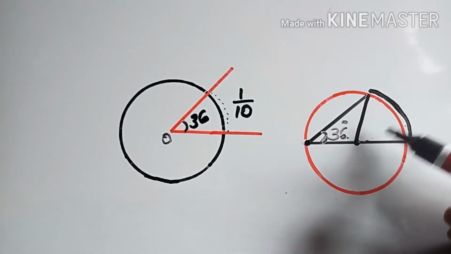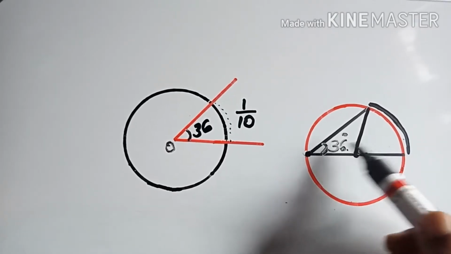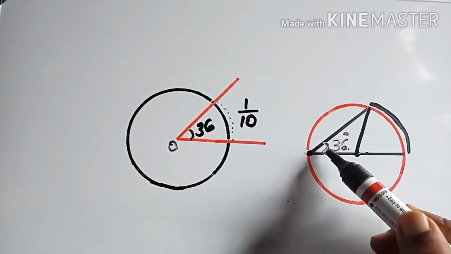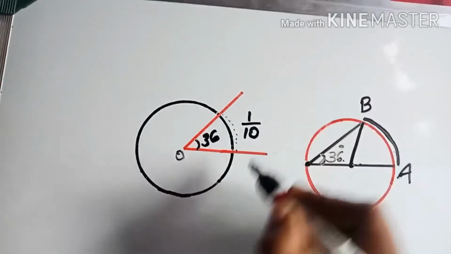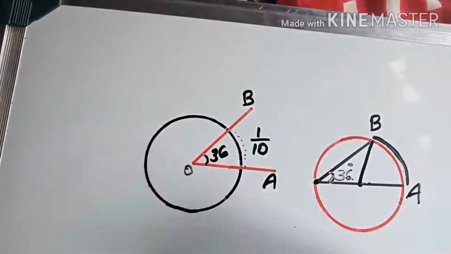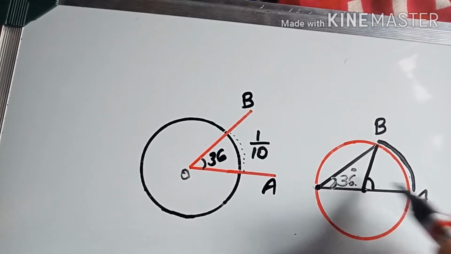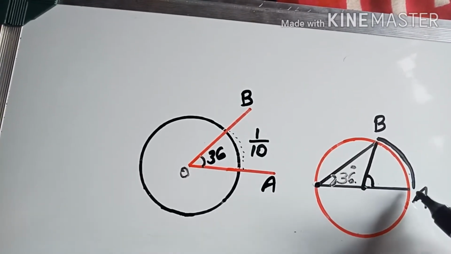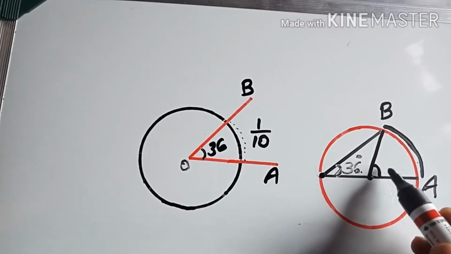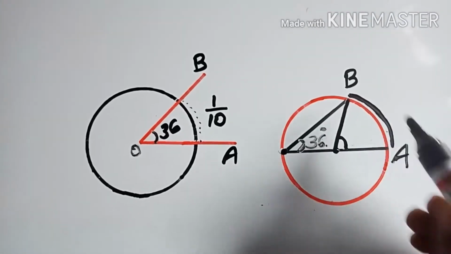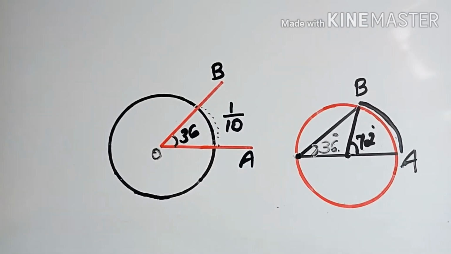So here in order to get that, we need the central angle. Now we know the relation between the central angle and the alternate arc angle. What is that? Half and double relation. Now here we can place these points as A and B, here also these 2 points as A and B. So starting from A and ending at B, the central angle is here. The upper angle also starts from the point A and ends at the point B. So 36 degree here means this will be double of 36 degree. That means it will be 72 degree. Central angle will be 72 degree.